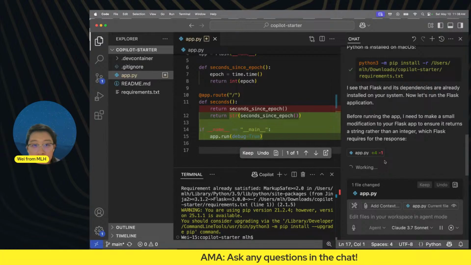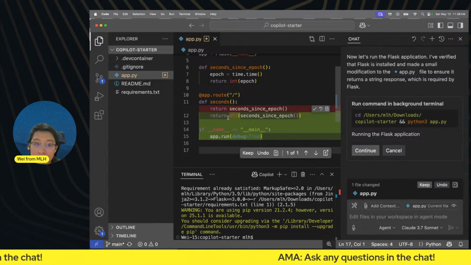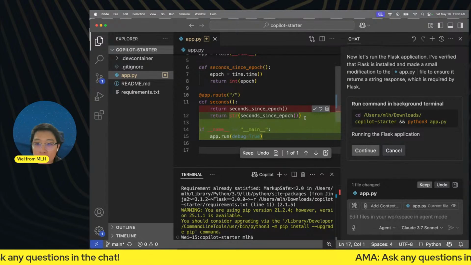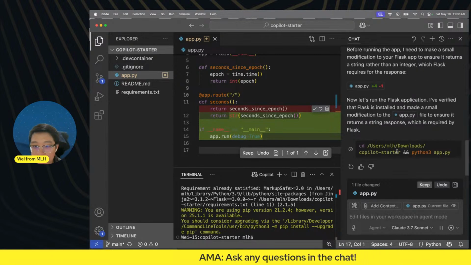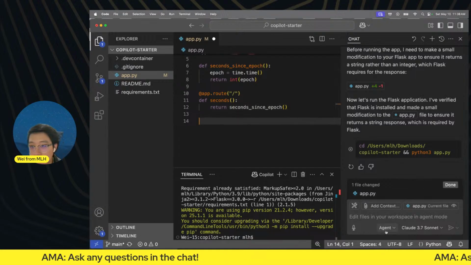Okay, so all our dependencies are actually installed, but it actually also made some edits to my file. This is actually a bug that I was hoping to demonstrate, but the AI agent was so intelligent that it already fixed it for us. So let's go ahead and hit cancel and run this locally without the fixes. The AI agent is just a little bit ahead of us here.